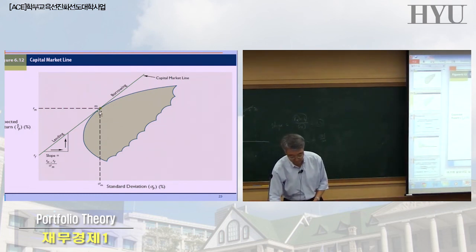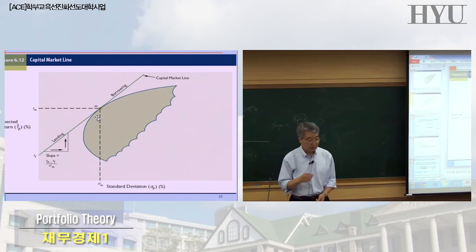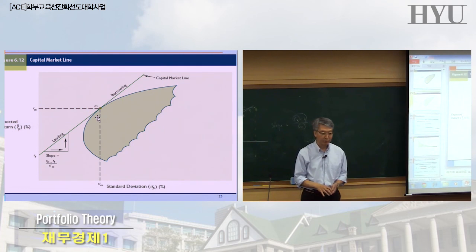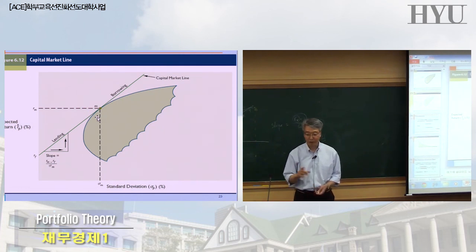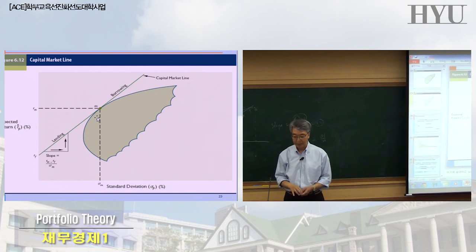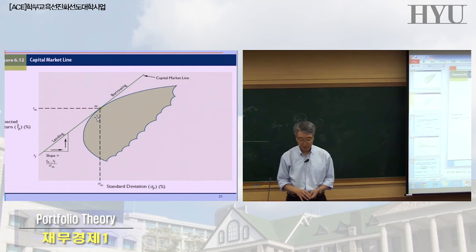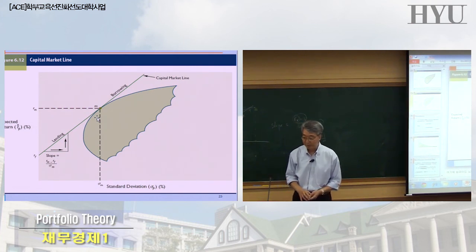This M happens to be a tangent point, right? And if you read the chapter, the chapter calls it market portfolio, and it gives the one-line definition of market portfolio, right? But unfortunately, it doesn't give you any more detail, and it requires somewhat deeper knowledge, understanding. So if I want to really explain this to you, it'll take another maybe couple of weeks. It's a high-level financial concept.